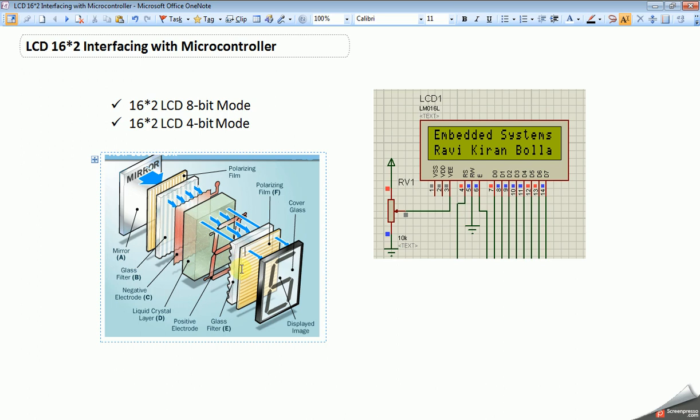So what we can display in 16 by 2 LCD? We can display all printable characters.